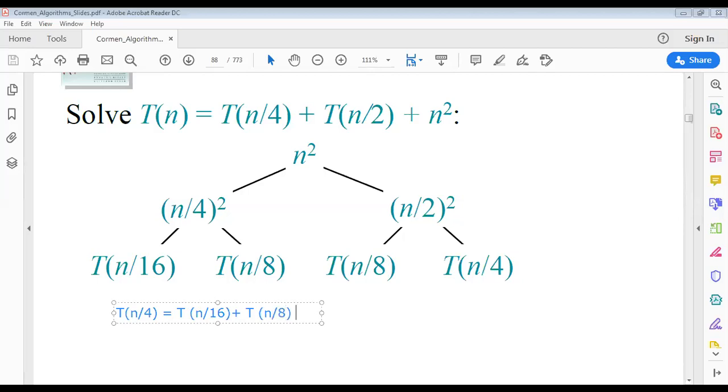Plus Cn square. So if we put here n by 4, then its result should be